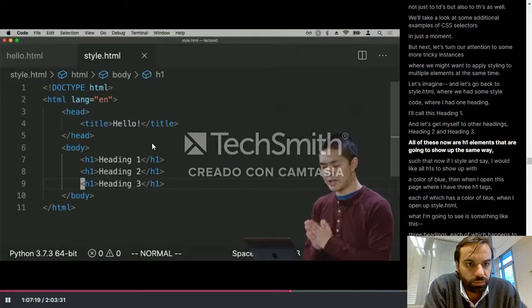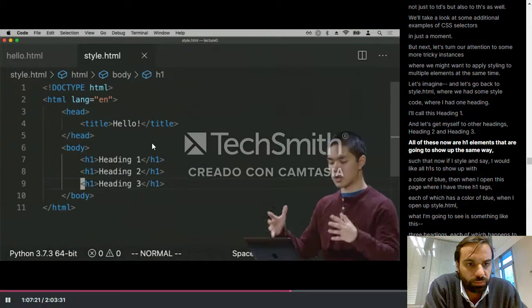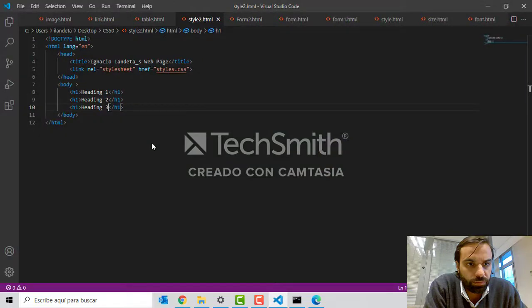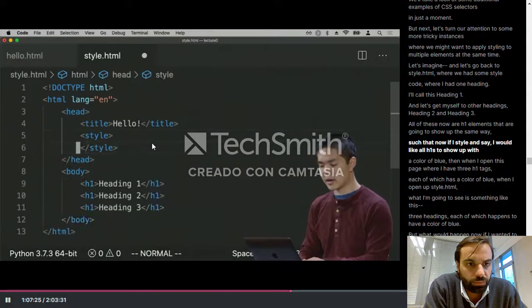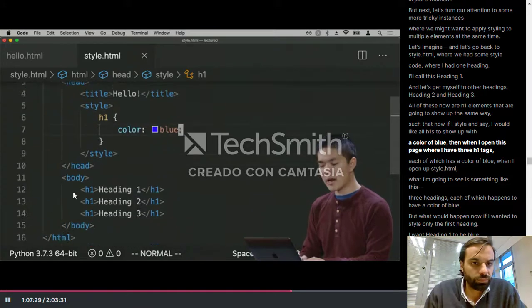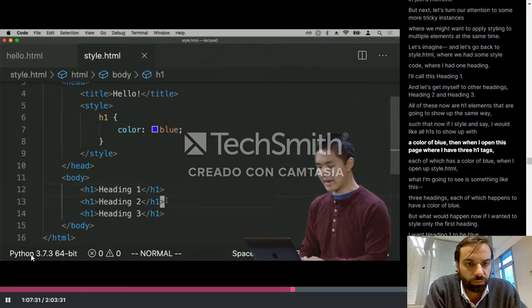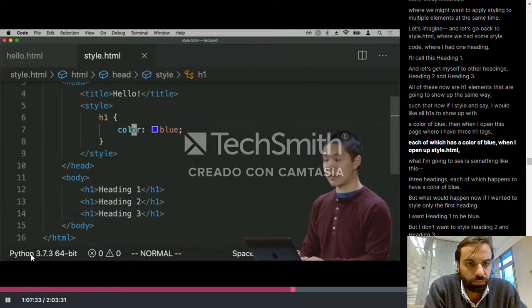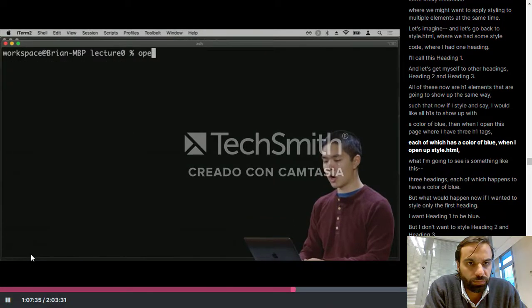All of these now are h1 elements that are going to show up the same way, such that if I style and say I would like all h1s to show up with a color of blue, then when I open this page where I have 3 h1 tags, each of which has a color of blue,